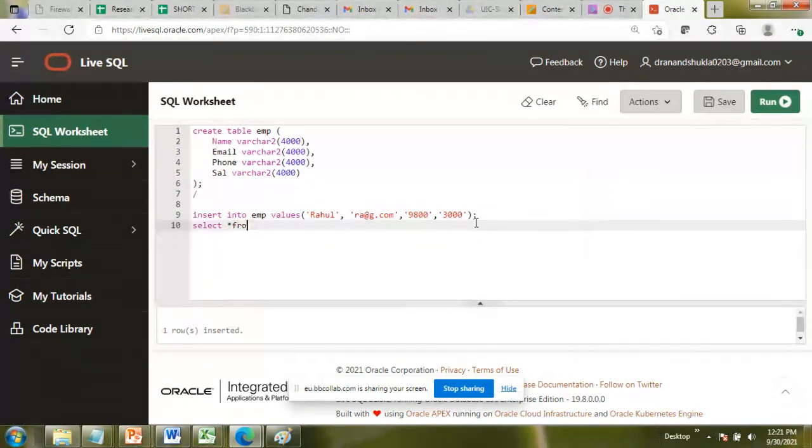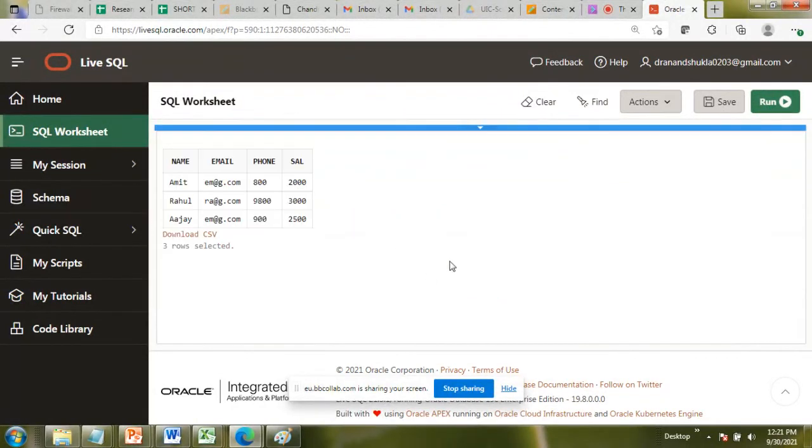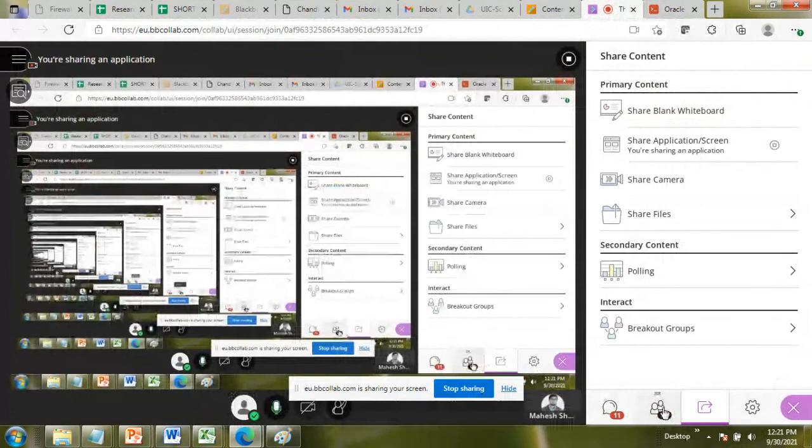Now I'm going to select from EMP. See, there are 3 records: Amit, Rahul, Ajay, having salary 2,000, 3,000, and $2,500.